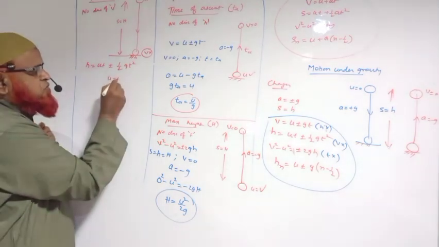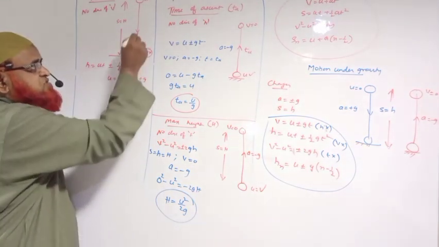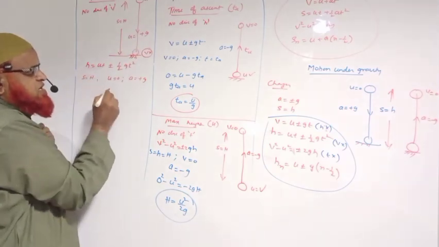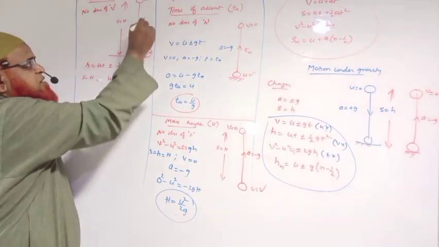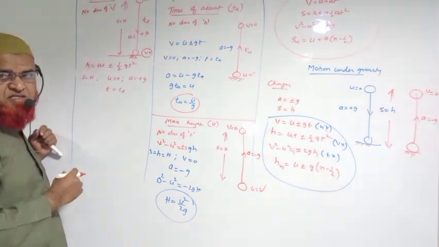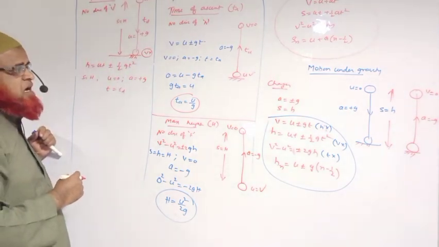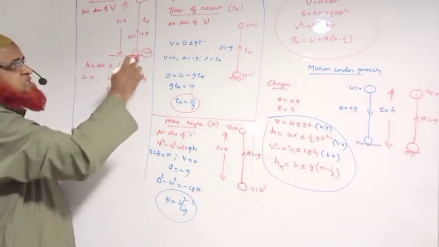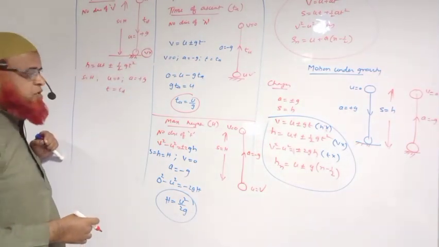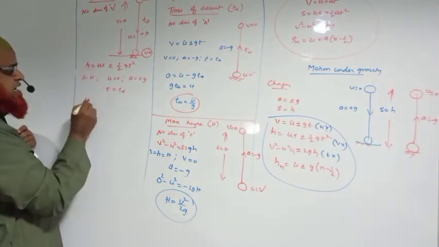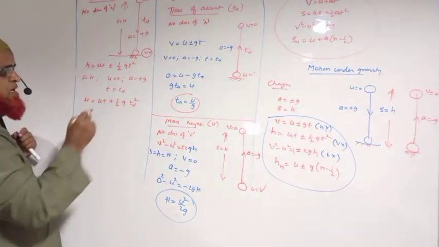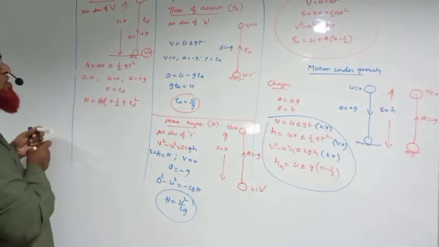So in this case, you all know u is equal to 0, a is equal to plus g because it is coming downwards here, and s is equal to capital H, and t is taken as t_D. The time taken to reach the ground is taken as time of descent. And you all know what the meaning of time of descent is. Time of descent is nothing but the time taken by the body to reach the ground from the top, from the point of dropping. Then this is taken as H is equal to ut plus half g t_D square. So u is 0 here, because you are dropping at this point.